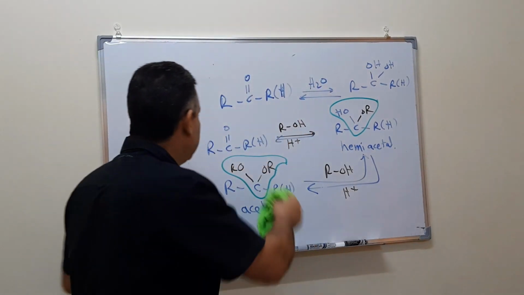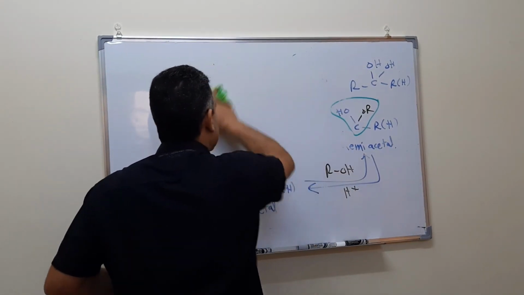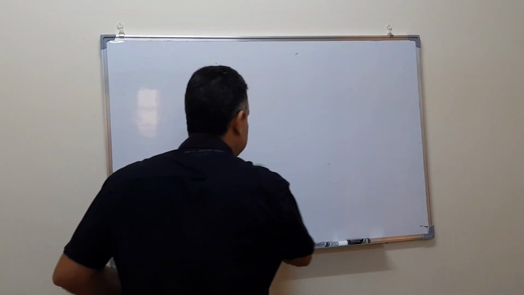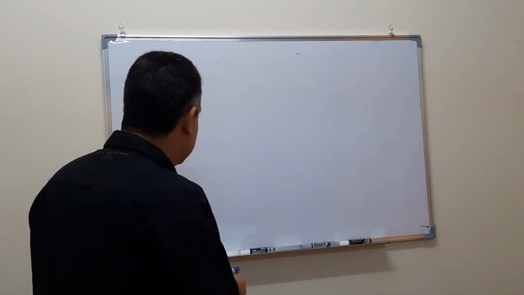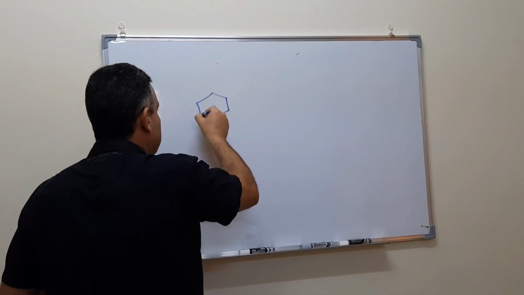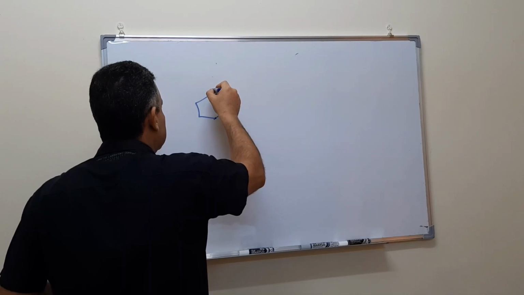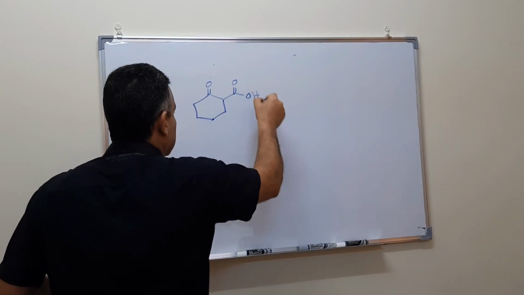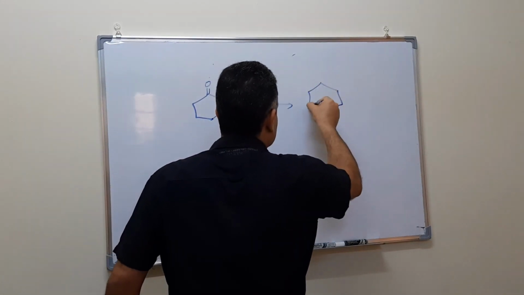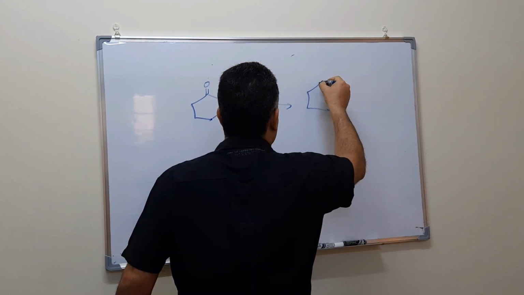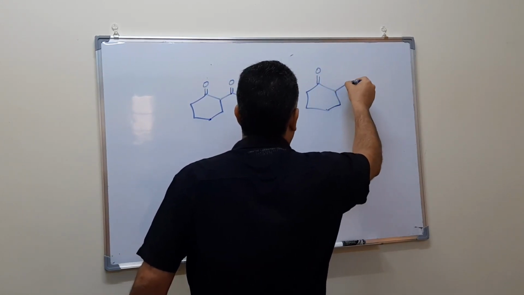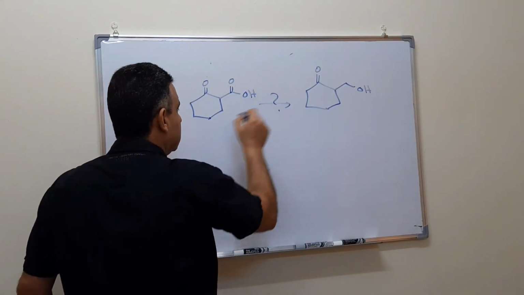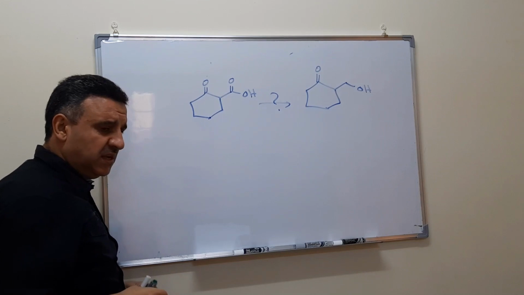The example which we have, or a similar example to what you have in the slide, for example, if we have this challenge, if we want to convert this compound into that. So, how to convert this compound into that? As you can see,